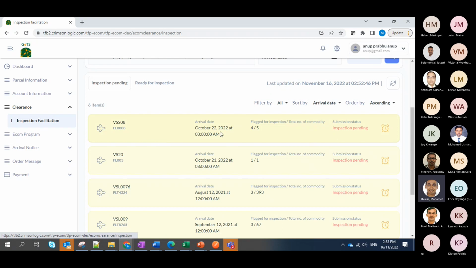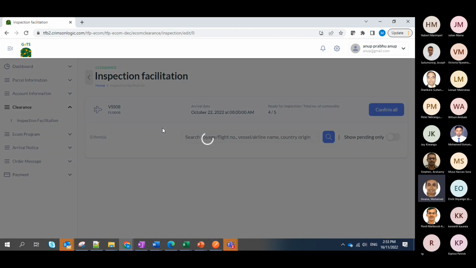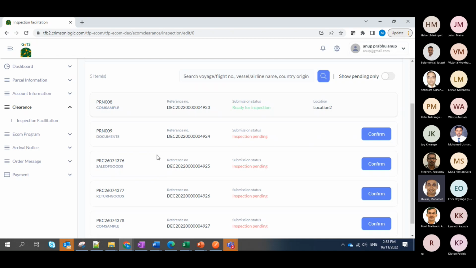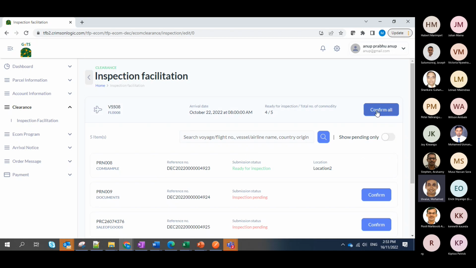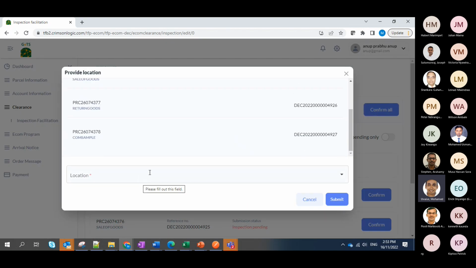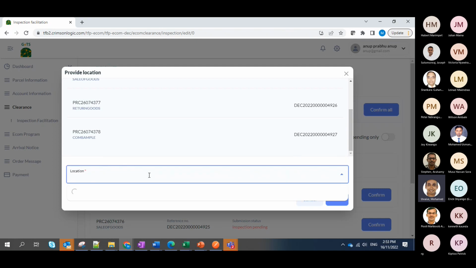You could see here, the user or the LSP could then navigate through this to actually facilitate this inspection, to indicate where they would want their goods to be inspected. Once the processing is done, it'll come up here, and what the LSP or the vendor would need to do is to confirm and indicate, for all these shipments that have been flagged for inspection, what is the location that I would want the goods to be inspected at?